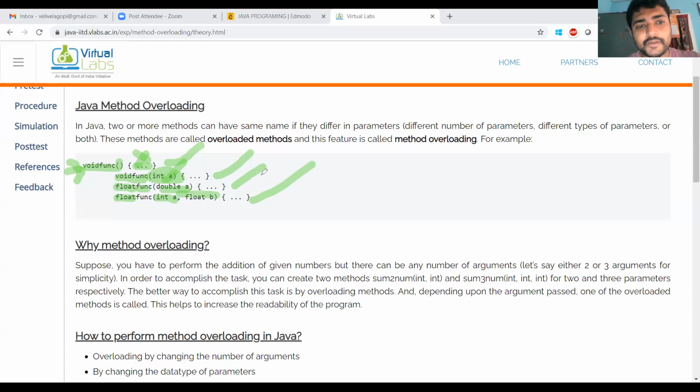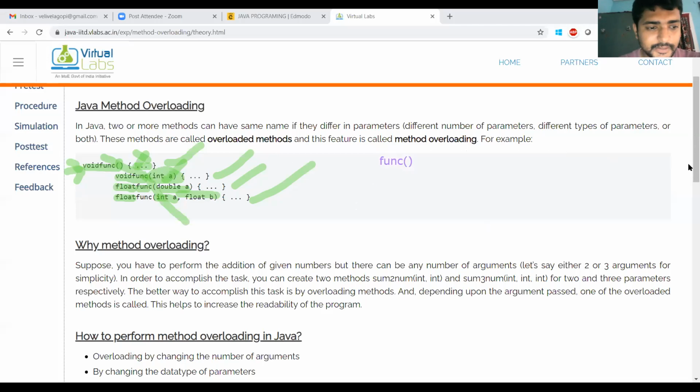So in all these cases, the function name is same, func, but the parameter list is different, and the return type is different as well. This type of implementation is known as method overloading.